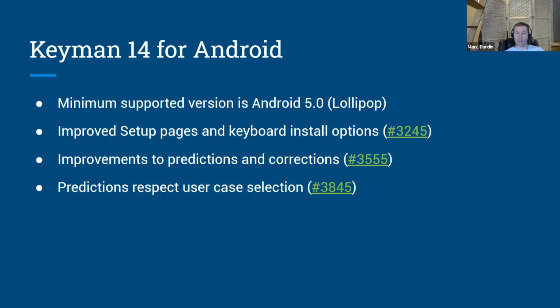So on Android, as well as the localization and the keyboard install, which have been completely rewritten, we've reorganized the setup pages and the keyboard installation options to make them easier to use. So it's more consistent again with all the other platforms. We've made significant improvements to predictions and corrections, and Joshua did a lot of work on that. So you'll hear from Joshua on the web